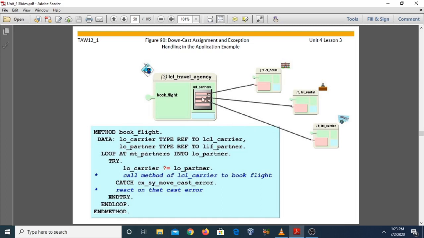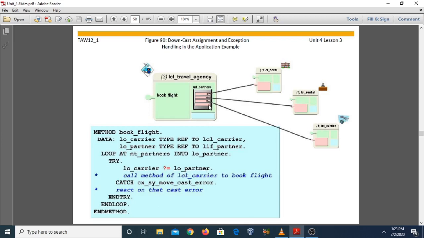Suppose you want to select a particular reference variable from this table, then we use the downcast. Or you can also understand it by this example: a user who is interested in the finer points of the instances in implementing the classes cannot use the interface reference, because the downcast assignment only allows access to the interface components.